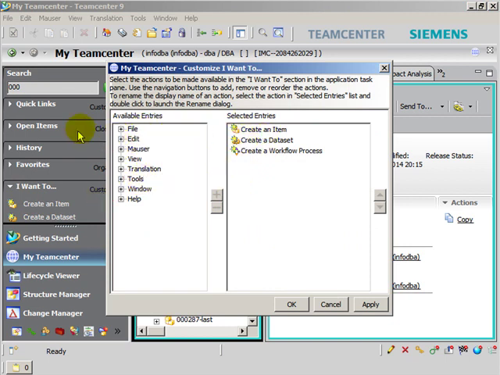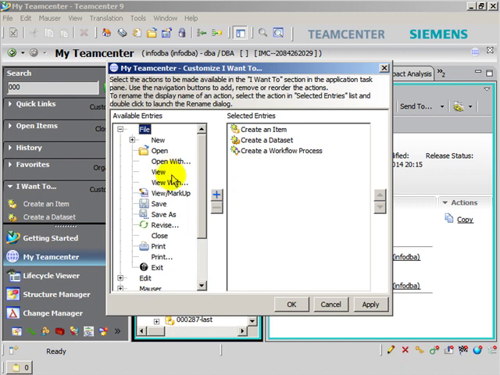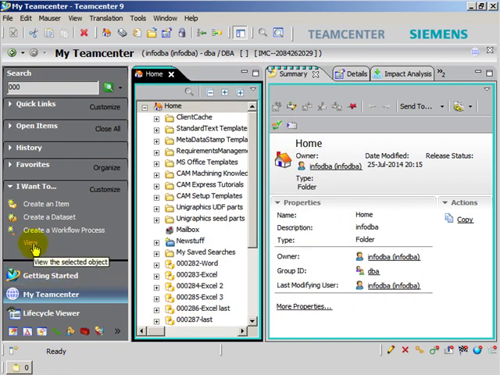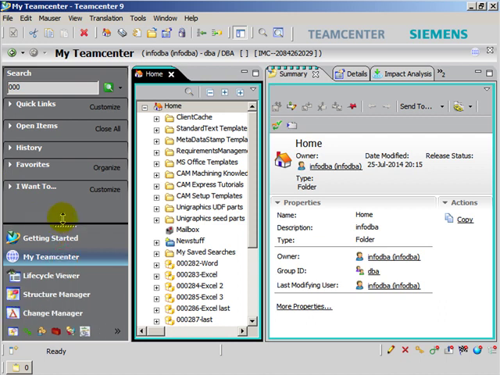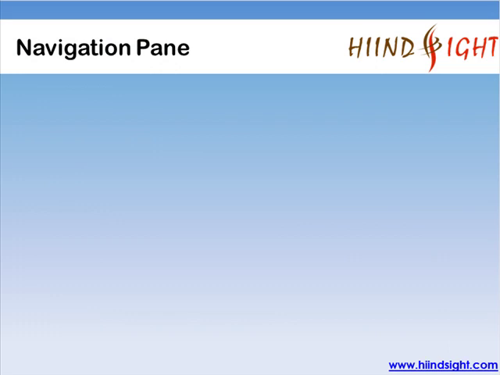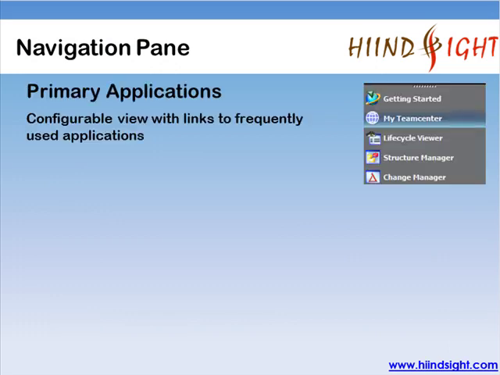If you want to add one more, the only thing you need to do is select this, add it here, and then apply. You can see that now you can also have one more application, called a view or a function, from here. So this is all about understanding the quick links and how they can be configured and reused according to your particular needs. Then come the most important sections of the navigation pane, called primary applications and